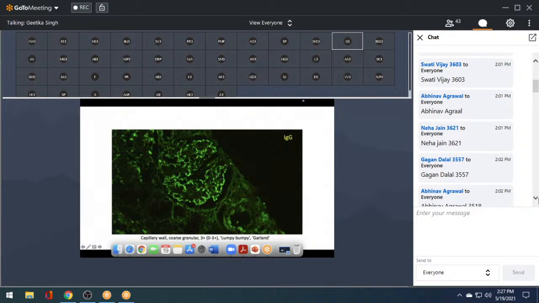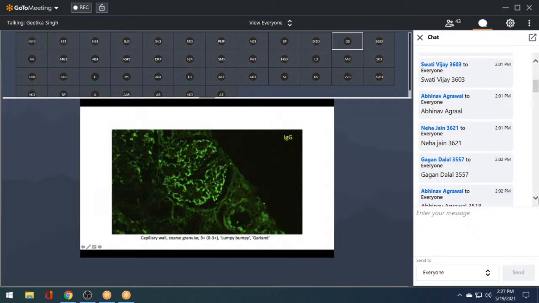And from there, the loops come out like this, like this, like this, right? So I can see that all my staining is at this periphery, and it appears to be along the loops. And wherever I would expect my mesangium to be, I should have some mesangium here. If I look carefully, I think I can see that this is the mesangium and it is negative. Of course, you can have deposits in both locations, but